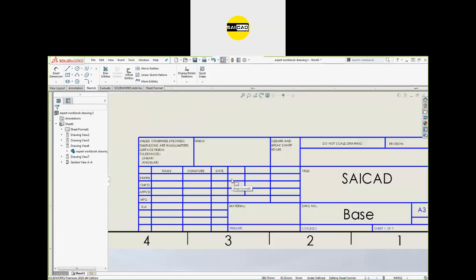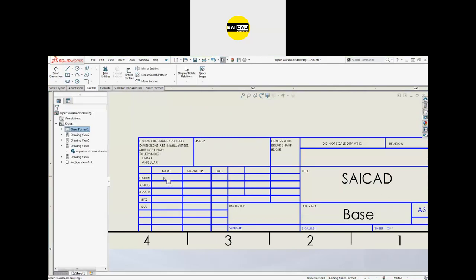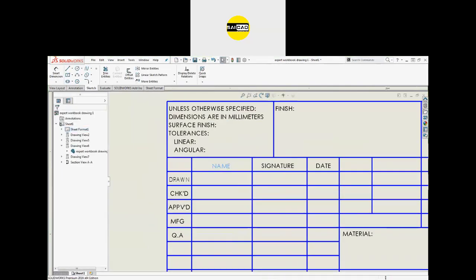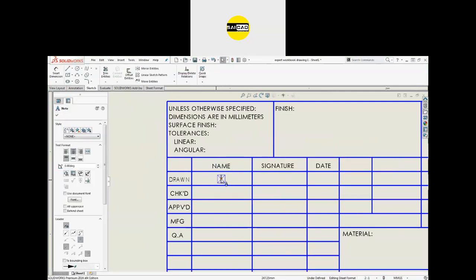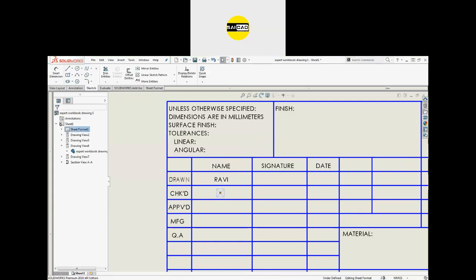So just click on the field you want to edit, you want to enter the value, and you can do that. Just double click here. Mainly you will have an option here. Just double click, you can type the name like Ravi created this and someone else checked it.